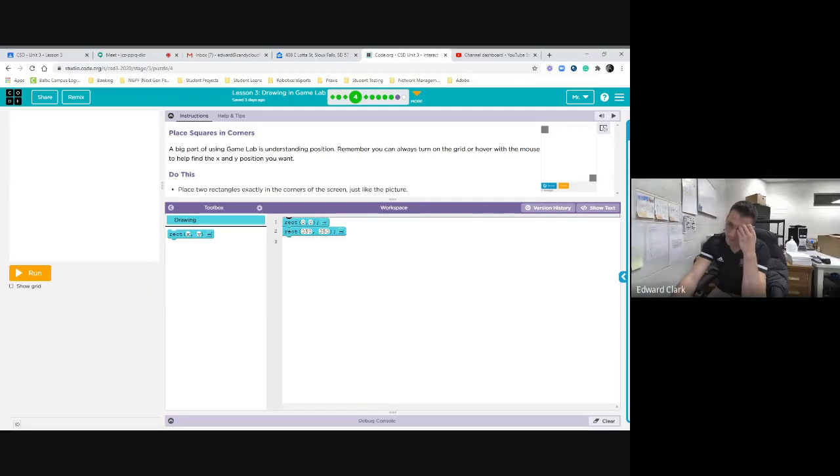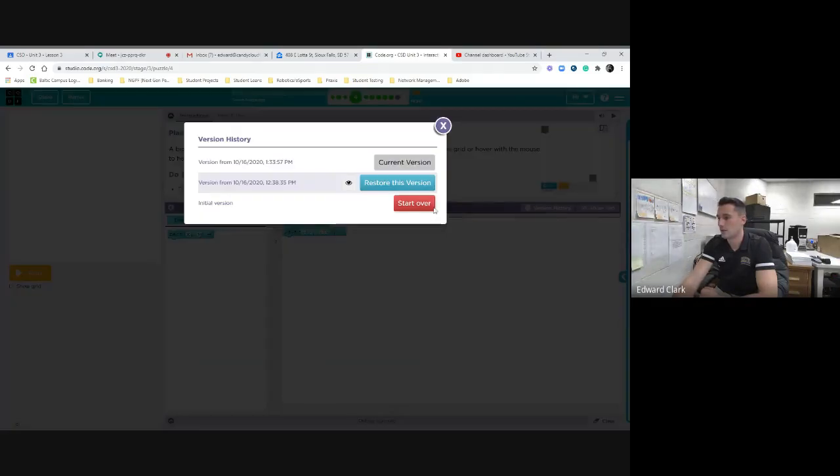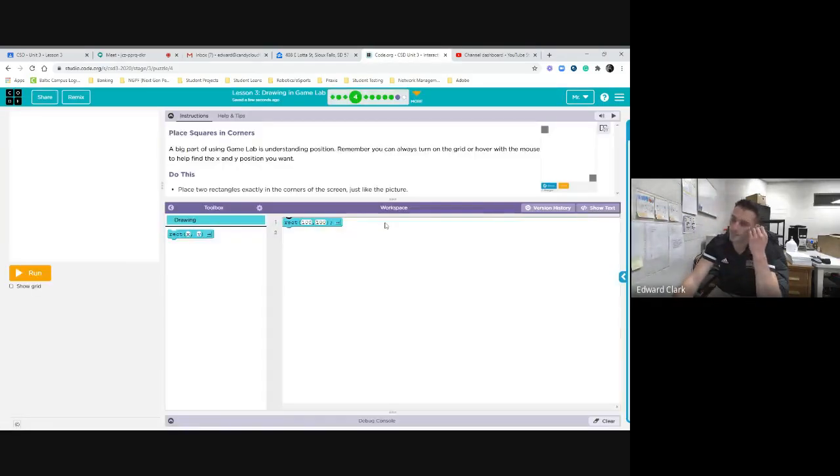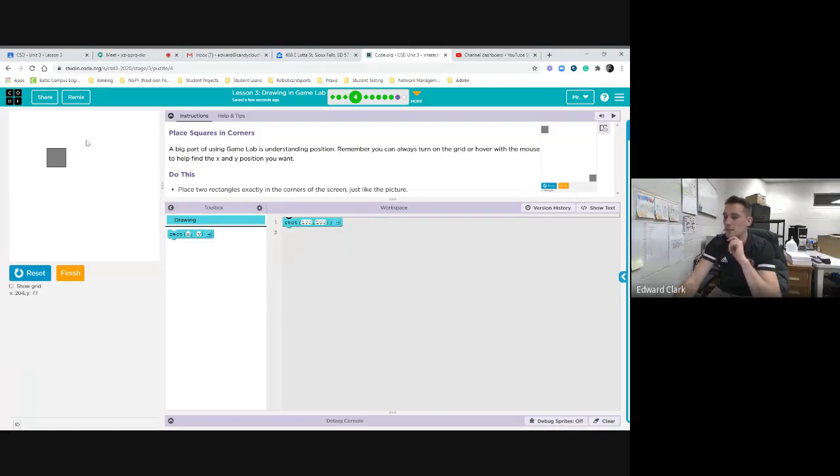All right, this one. A big part of using Gamelab is understanding position. Remember, you can always turn on the grid or hover the mouse to help find the X and Y position that you want. So we are going to click start over here. What we want to do is place 2 rectangles in the corners of the screen, just like in the picture. In this picture up here, we've got 2 rectangles showing in the corner. Now, when I press run, I see this rectangle or square has shown up in